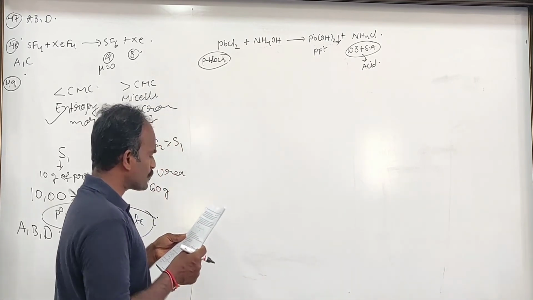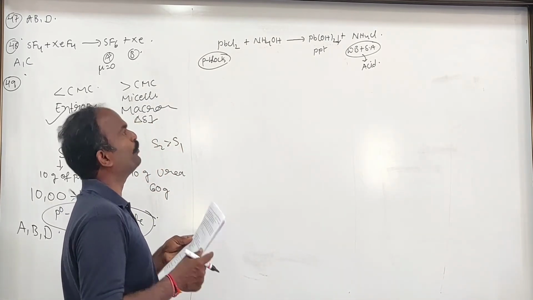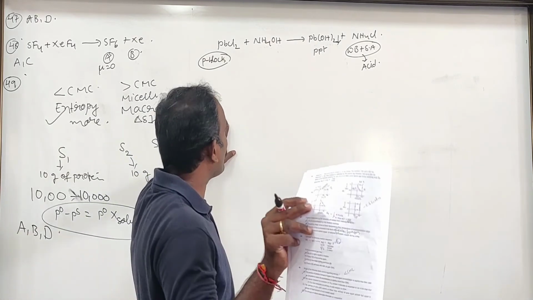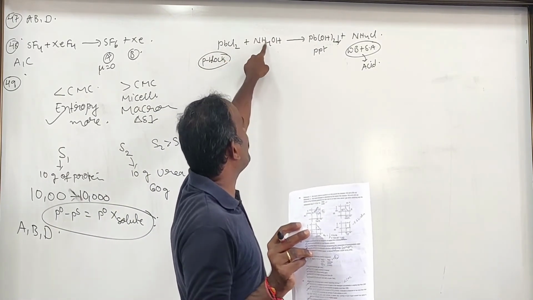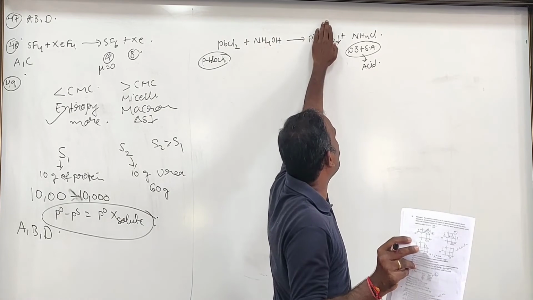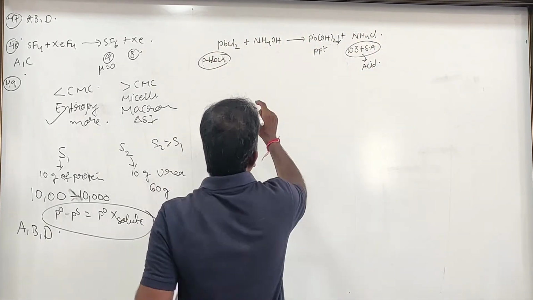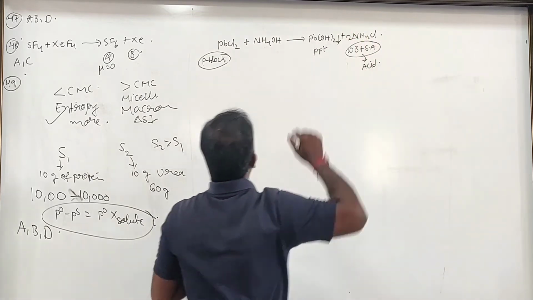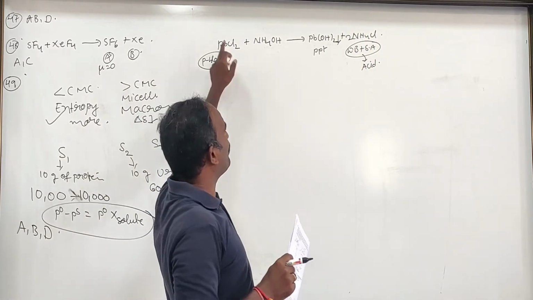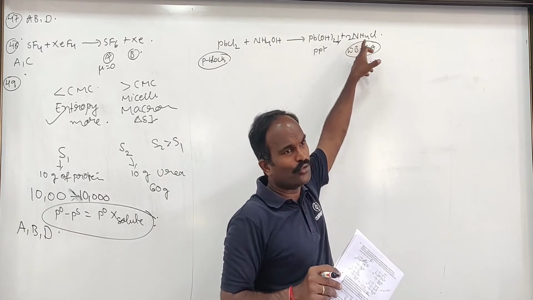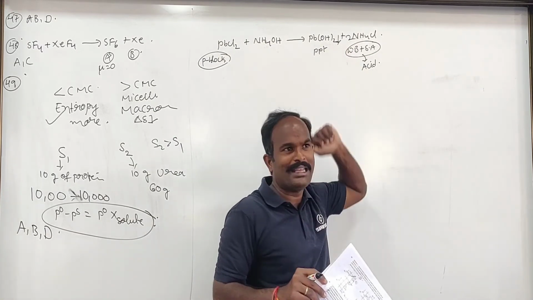Molar conductance of the solution becomes nearly constant after the end point. We will see that one. Now, when I add PbCl2 to NH4OH, Pb(OH)2 will be formed, and NH4Cl also is going to be formed. If I want to balance this equation, I will write like this. Here, 3 particles are there, and after adding, it is converting into 4 particles. Molar conductance will gradually increase.